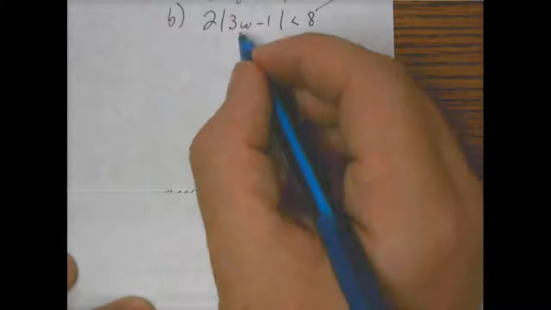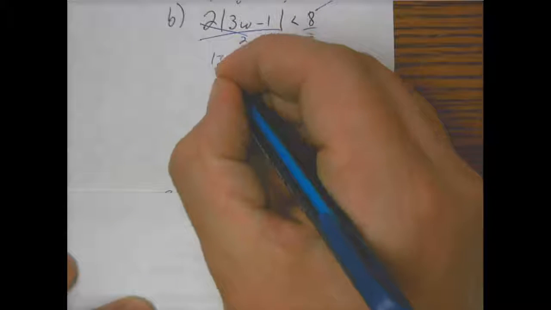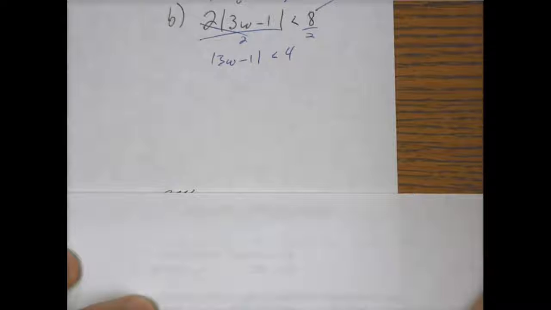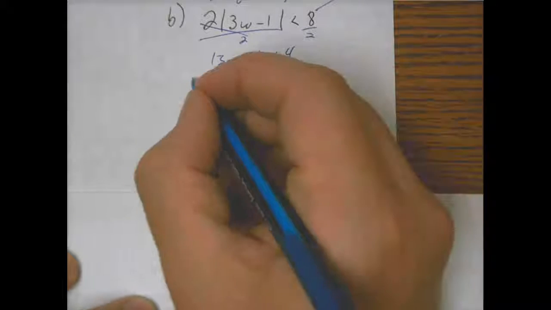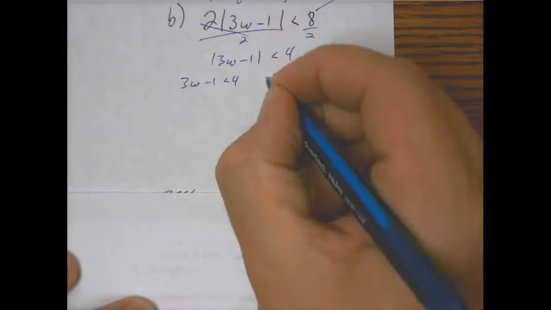So same sort of deal. I want to get the absolute value by itself. So divide by 2 first. Divide by 2. And we have the absolute value of 3w minus 1 is less than 4. Now I can draw my absolute value by saying either 3w minus 1 is less than 4 and